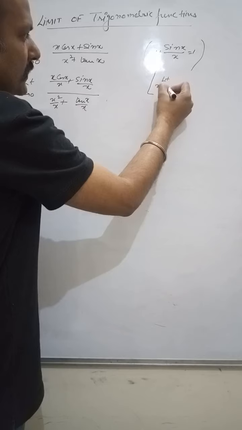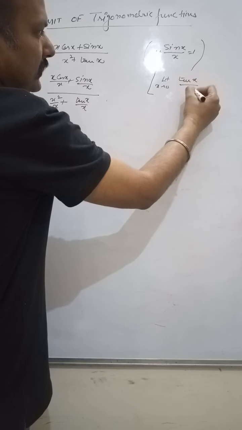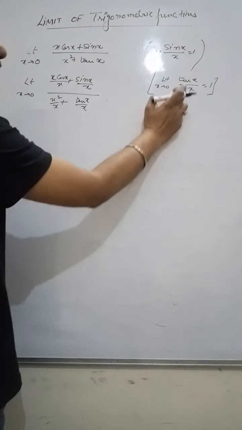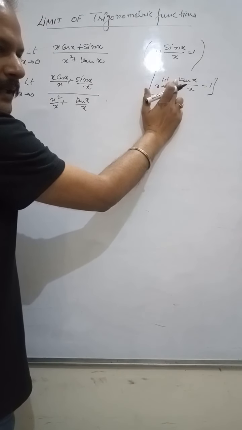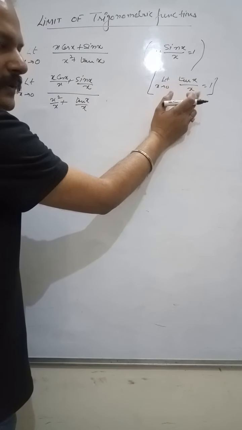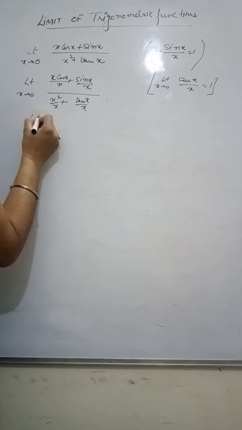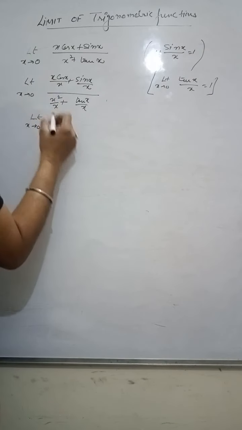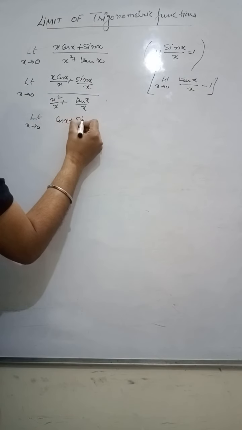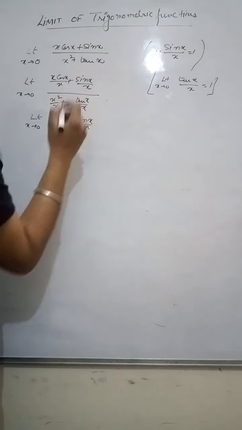Actually, you can derive one thing more from here. What about limit x goes to 0, tan x upon x? This will also be equal to 1 because this is sin by cos, and sin x by x is 1 and cos 0 is 1. So that is 1 by 1, 1. Now, x cancels down, cos. Keep it for the direct use of the formula.